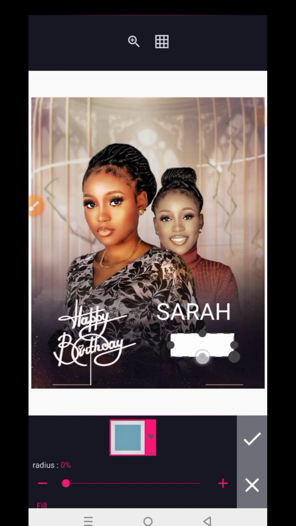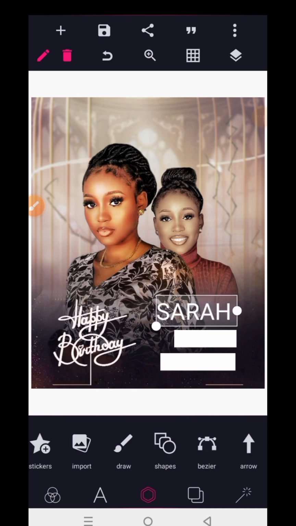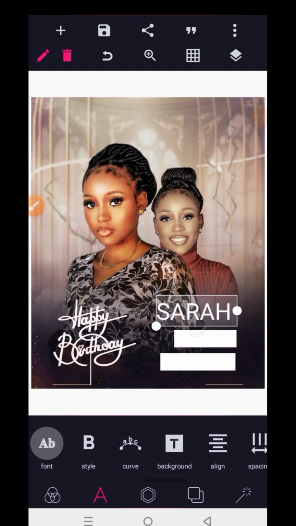Let me use the shape here. Okay, now this one, come to text, then I click to front, then I have to change the background, change